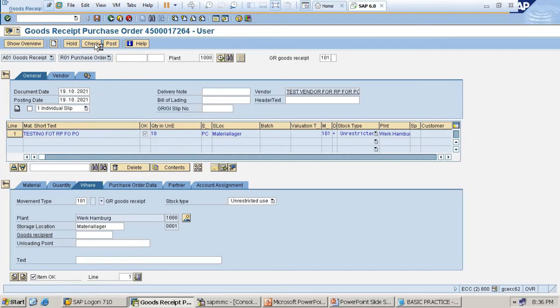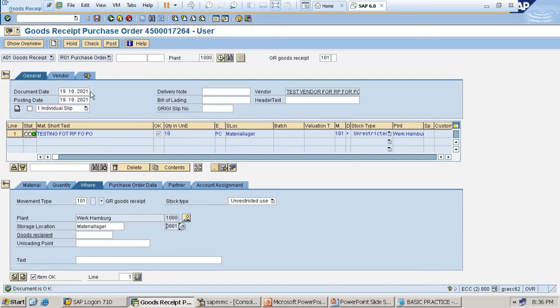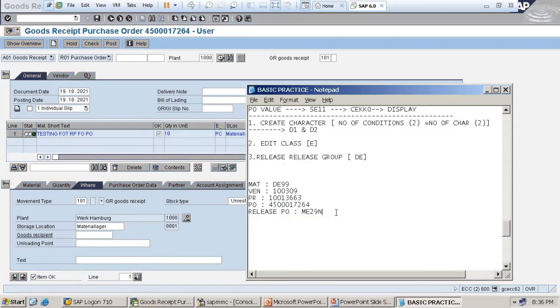Check. And see, document is okay now. Post it.